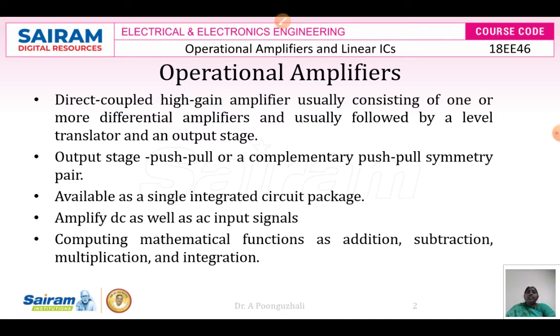But in practical conditions, the output of the differential amplifier will not be 0 because of the power variations and the variation in your beta, that is the temperature variations of your transistors and the beta parameters. So in order to make that output voltage 0, we are going to use a level translator, which is basically an emitter follower, where this emitter follower is going to provide the necessary current gain for the circuit.